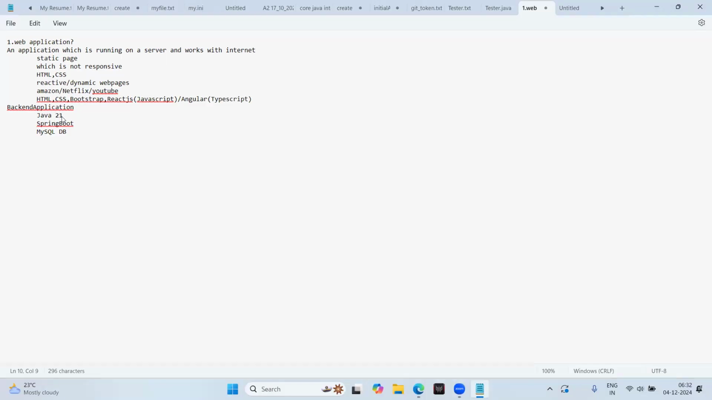We will be covering up to the latest, Java 21. That means we'll be using all the features of Java 5, Java 8, Java 11, and Java 17 and 21. All the latest features we'll be covering, so you can be aware of all of it. Then we'll be using Spring Boot, whose latest version is 3.3 plus. We'll be using that, and internally Spring Boot again uses the